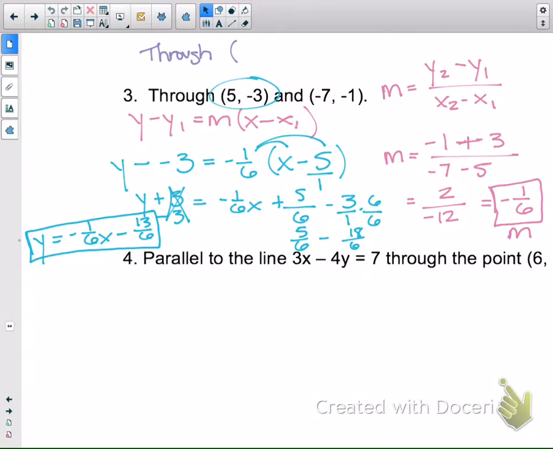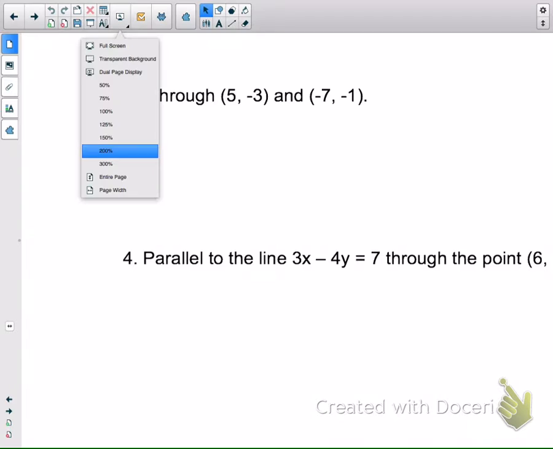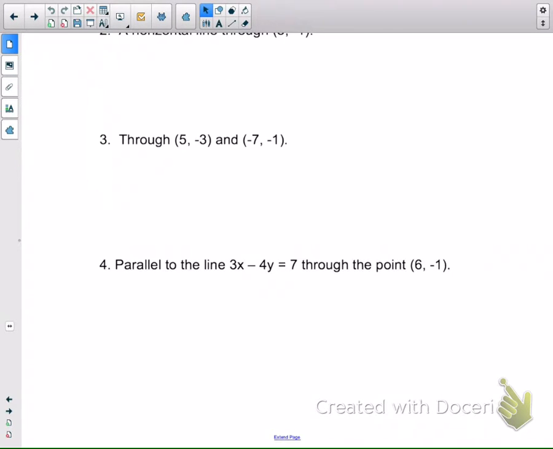Through the point 4, -1, and -3, -5. All right, so this is practice for you. If you get in question 4 now, we are going to be finding our slope a little bit differently. So because it says parallel to this line, that means we're going to be getting our slope from the line given. If it's parallel to a line,